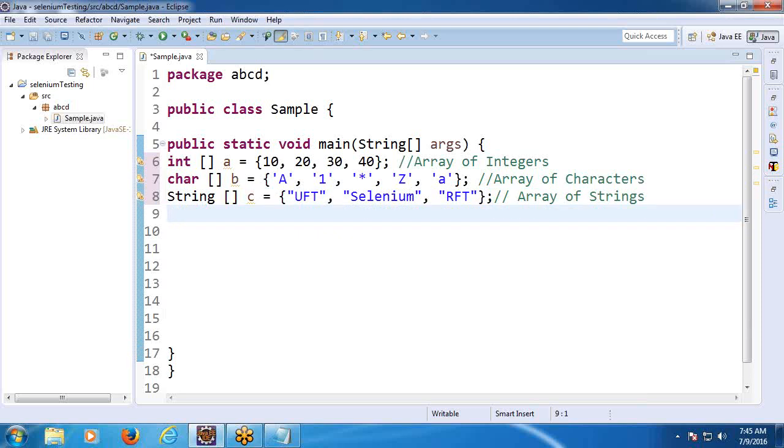Next, suppose boolean. Boolean square brackets d equal to open curly braces. Here true or false only are the values. True, false, false, true, semicolon. This is array of Boolean values